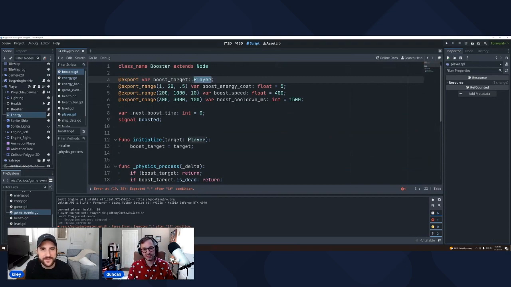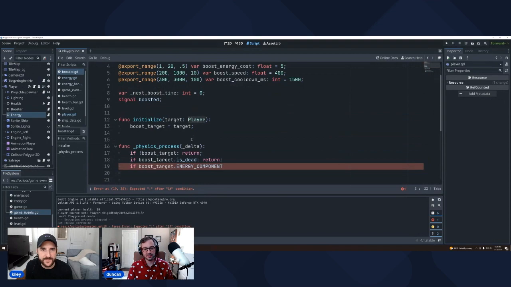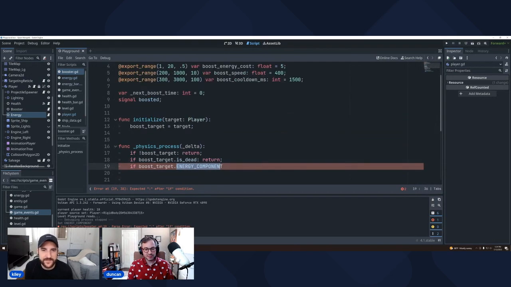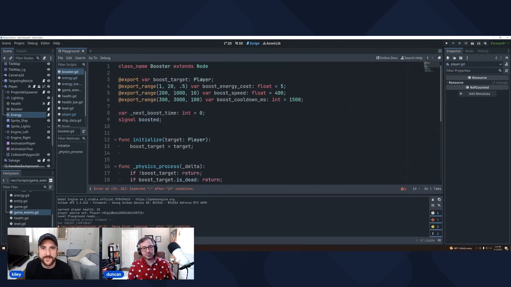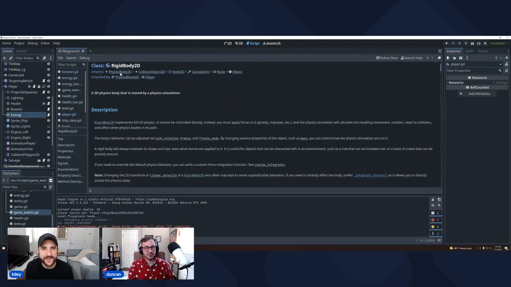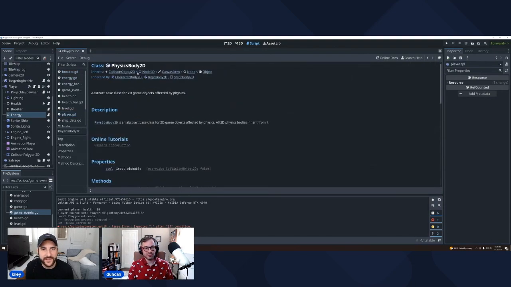But for now, just to make this work, say it's the player. And so that's why it wasn't auto-completing, because basically this variable was a base class of this. Yeah. There's even a physics body 2D, which is even lower, right?